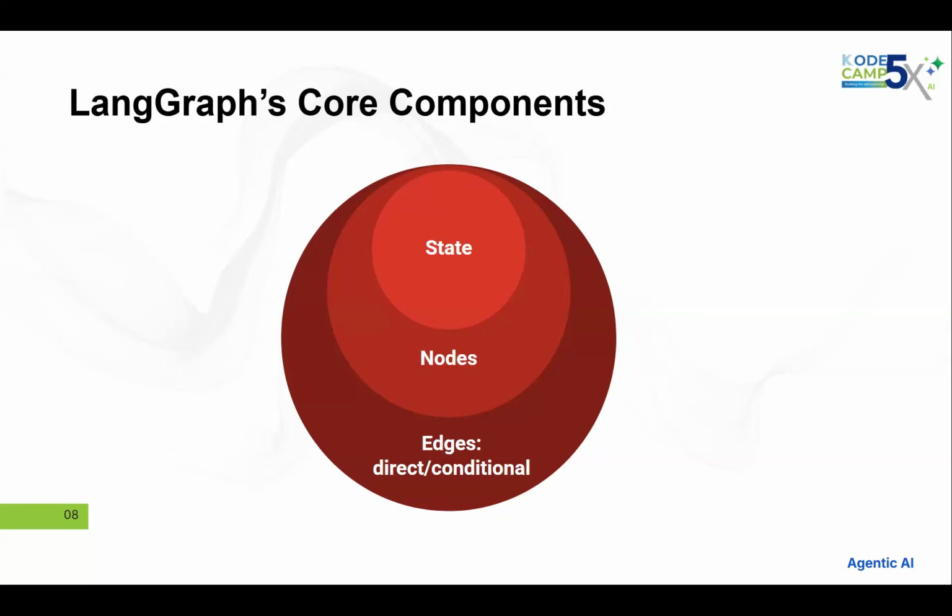Please, how does it now relate to the nodes and the edges, sir? I'm just trying to find a link between the three. The nodes have access to the state. The nodes can read from the state, and they can also write to the state. In this case, they update the state. If you remember, when the user made